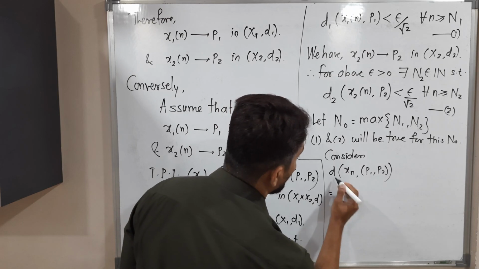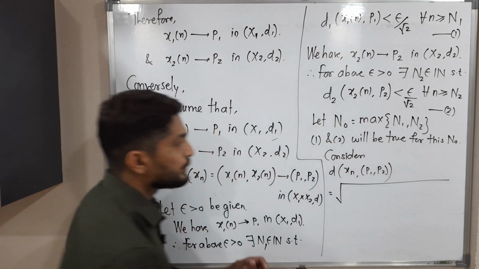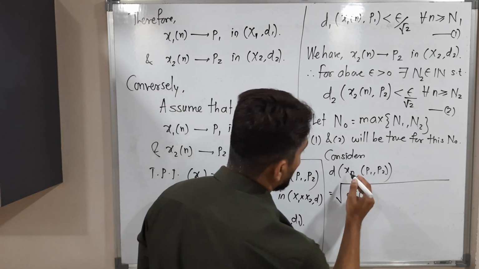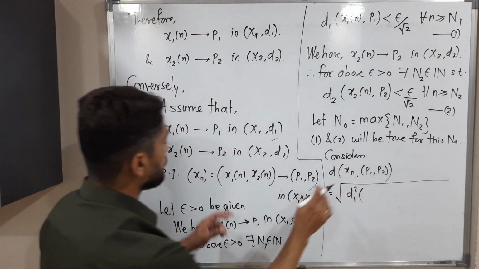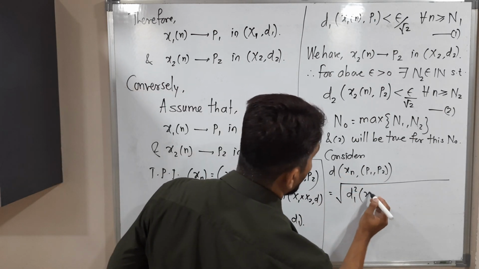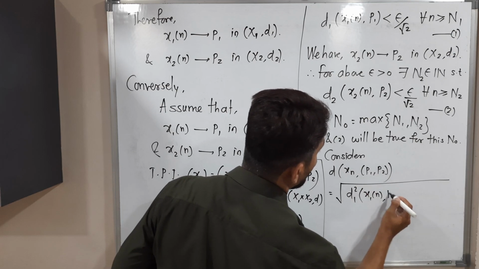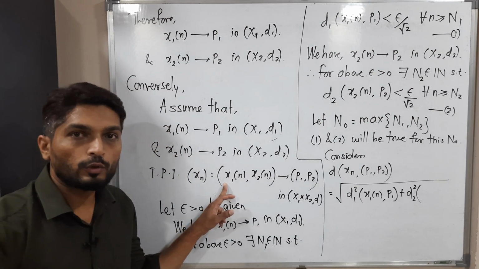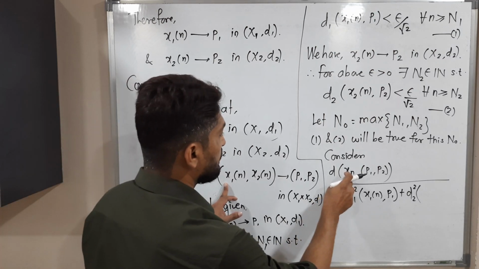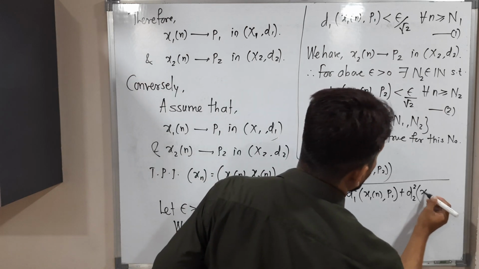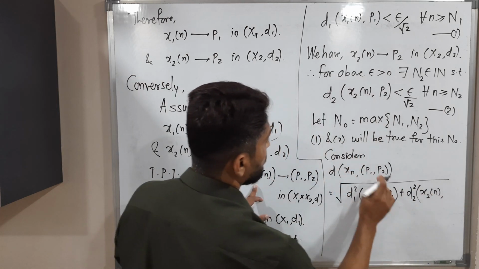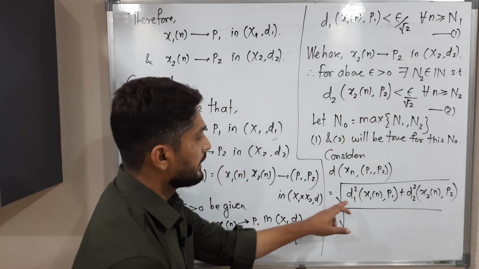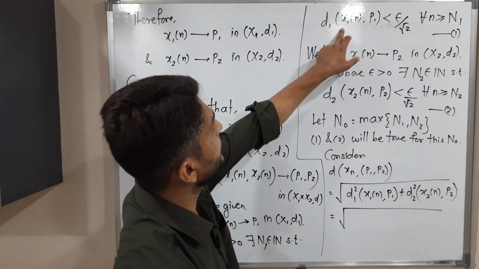So I will follow the definition of d. The definition of d says we should write a square root first. d1 square, d1 of what? xn first component. What is first component of xn? x1n. So x1n and the first component of this one, which is p1, plus d2 square. So d2 will operate on second component. What is second component of xn? This x2n. And what is second component of this one? p2. So this is equal to square root of, but see, we have already written here d1 of x1n comma p1